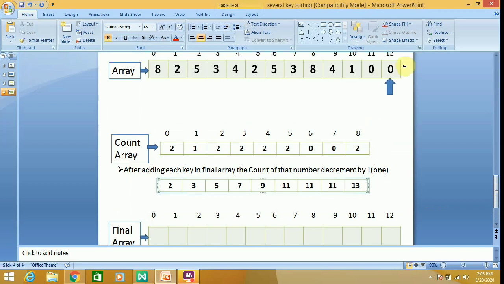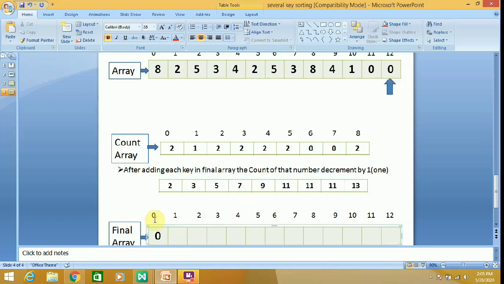Here, 0 is present at which position? The first element is 0, so go to index 0. One thing you have to remember: we point to 0, and the first time, it is placed into the final array at index position 0.